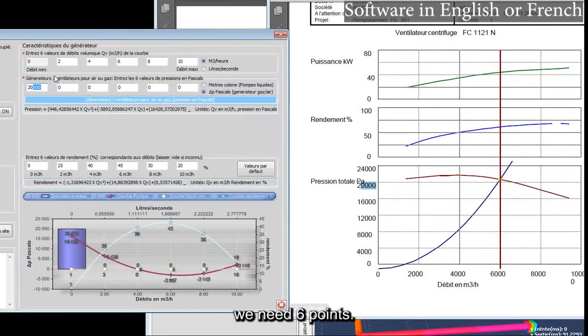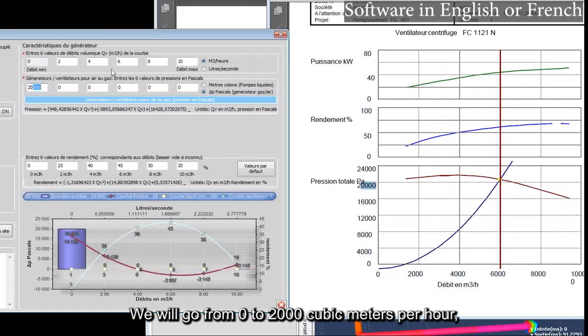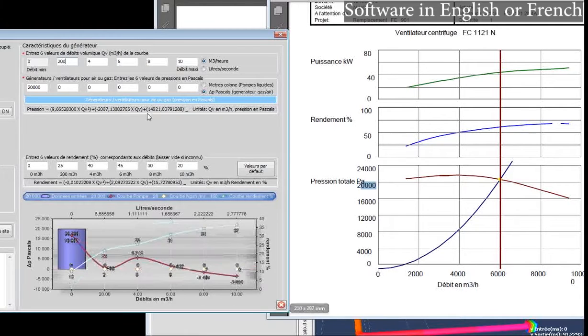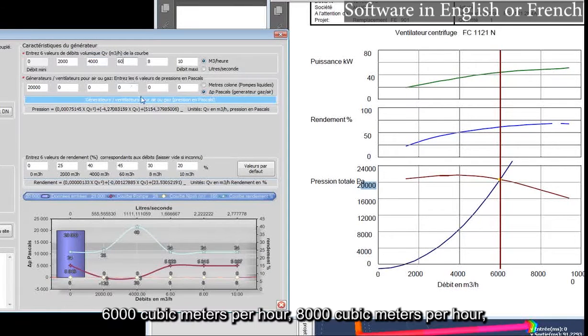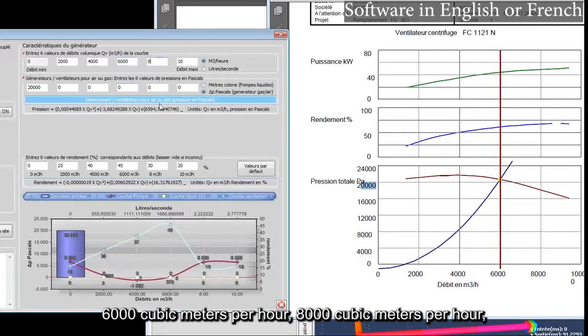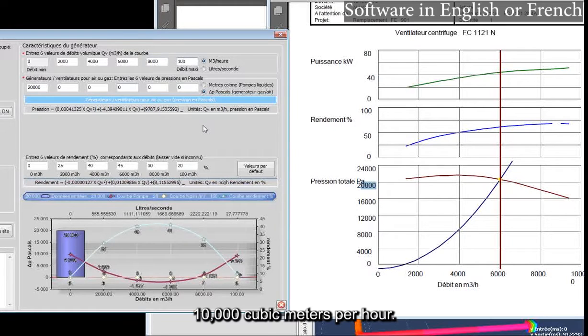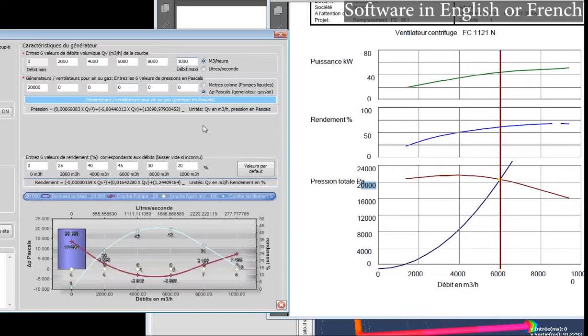We need 6 points. We will go from 0 to 2,000, 4,000, 6,000, 8,000, and 10,000 cubic meters per hour.